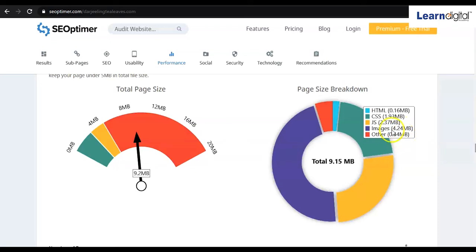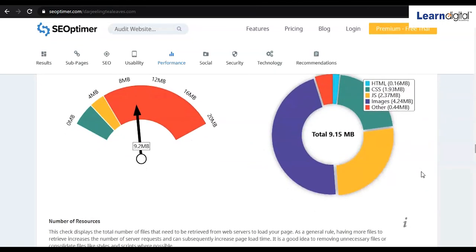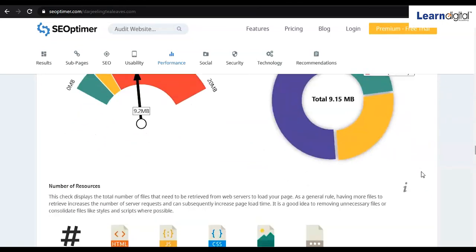We'll have to optimize. Somewhere we can also optimize the JavaScript and the coding part. So if we pass it to the developer, the developer will be working on this one, they will be optimizing the code, they will be removing unnecessary or unused code at the backend. So if we do so, definitely the website's speed will increase.